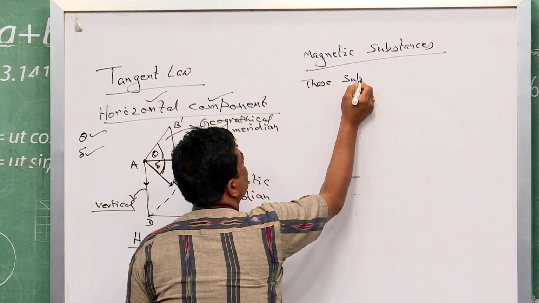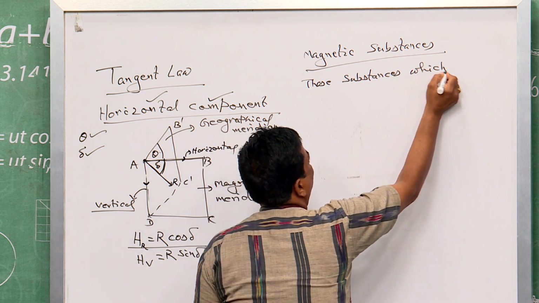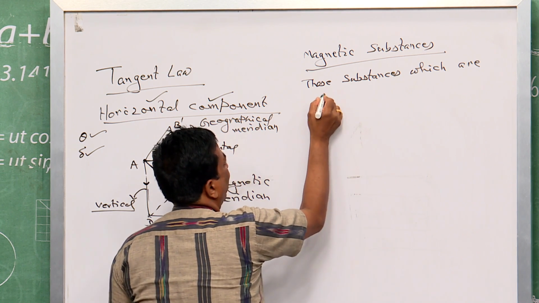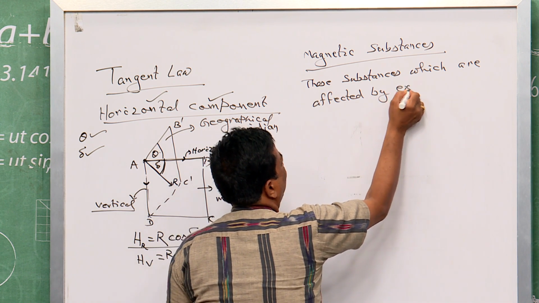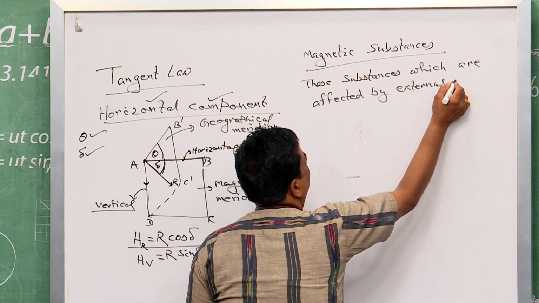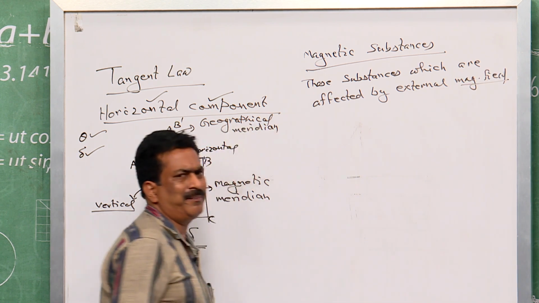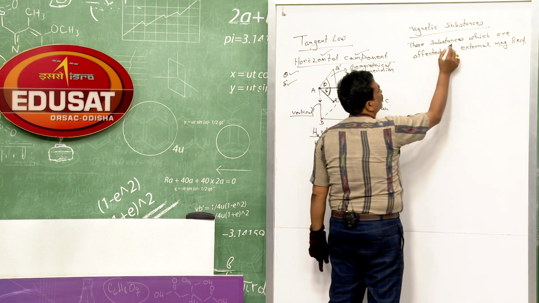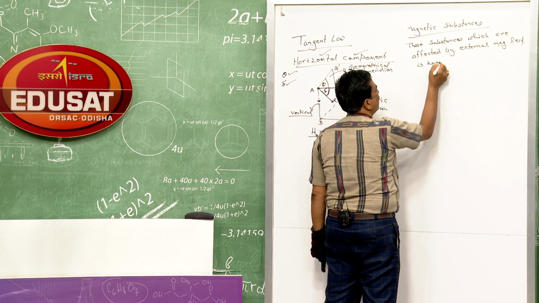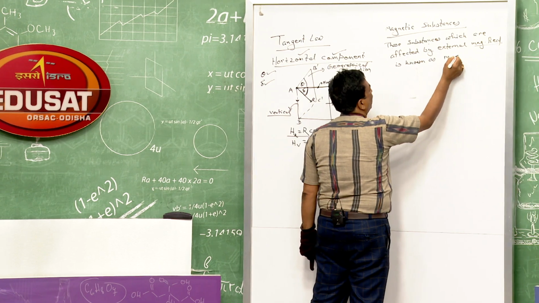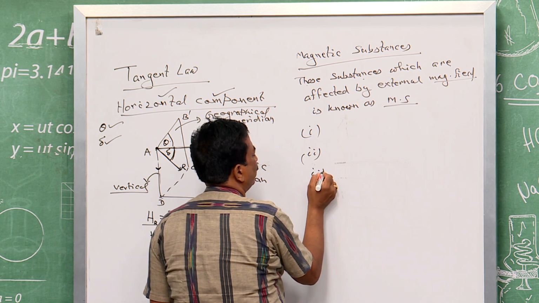Those substances which are affected by an external magnetic field, or you can simply say by using the magnetic field. Those substances which are affected by the external magnetic field are known as magnetic substances,